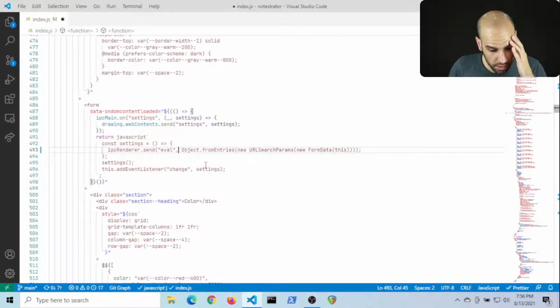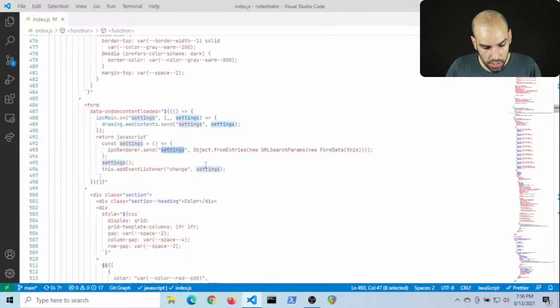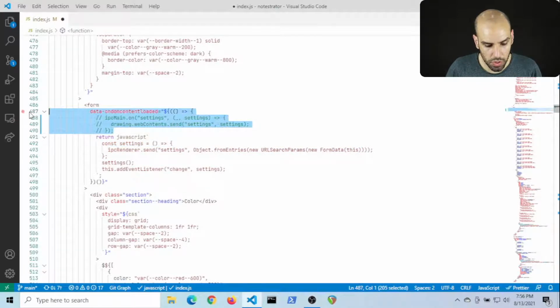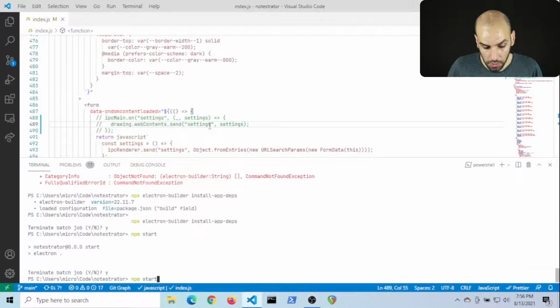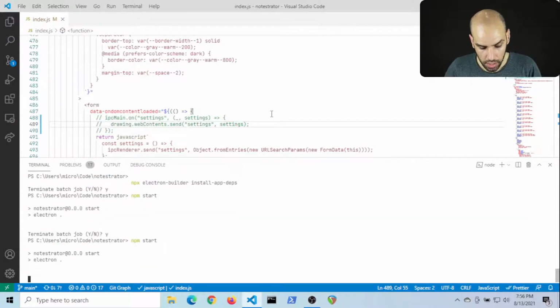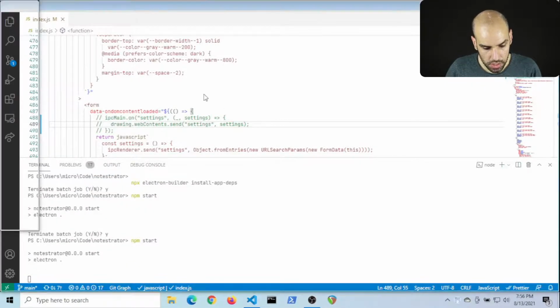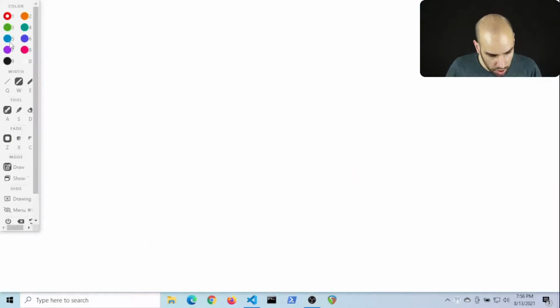So let's even consider what this is doing. When I change something like the color, it will change the settings on the drawing window to change things like the custom cursor. Here, check this out. If I comment this out, then the event will be sent, but the main process will just drop it on the floor. And then I will not be able to change my colors with the keyboard shortcuts. I mean, I will change and then they will change here, but they will not change the custom cursor. See? Yep, doesn't change the custom cursor.